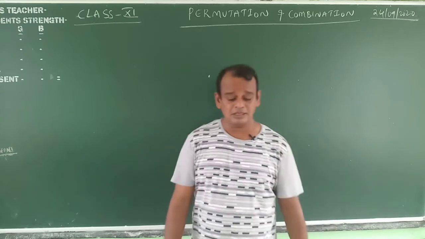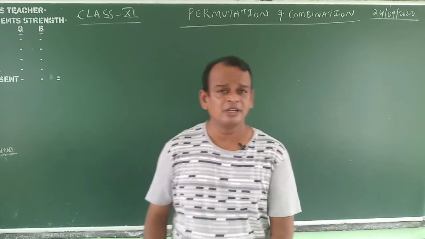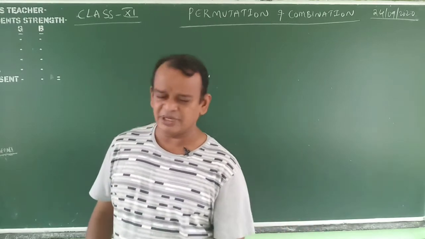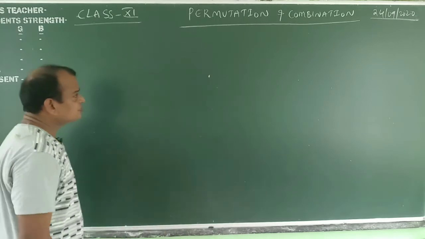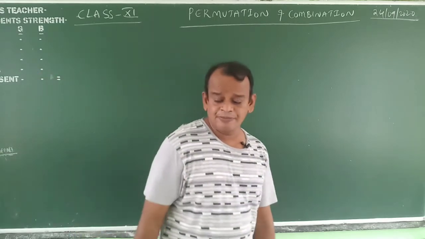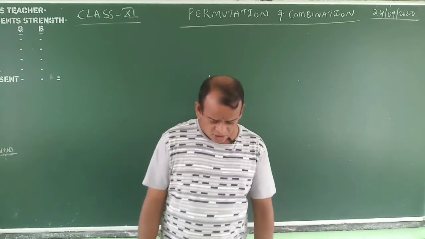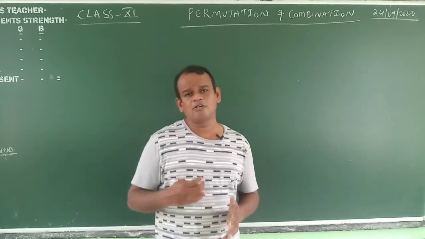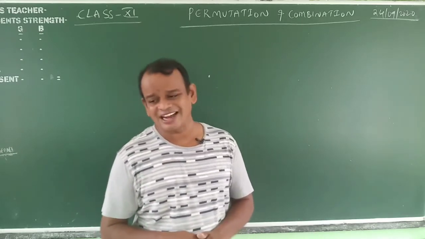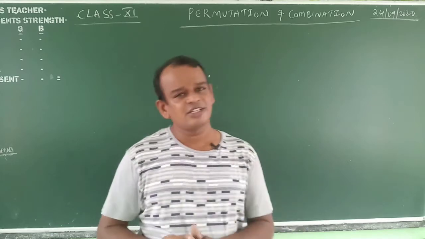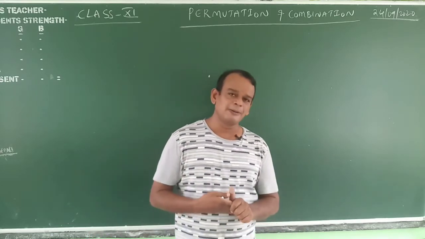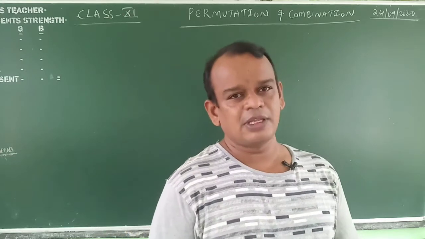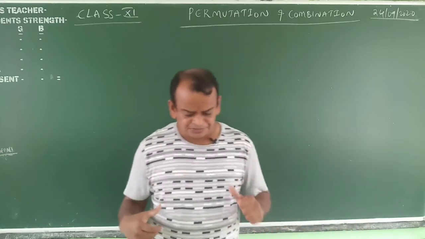Now today's class is a very important topic from the competitive exam point of view and for class 12. First we learn all the basics of permutations and combinations. First we learn permutation, after that we learn combination. Before that we discuss factorial n notation, and after that the fundamental principle of counting, how to count using the fundamental principle.